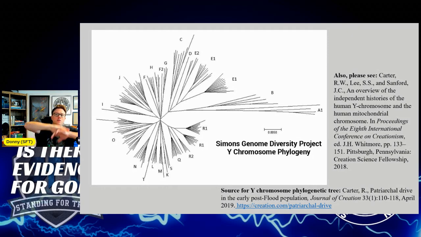And yet, when we compare all the groups, when we compare Y chromosome variation worldwide, it's all low. It's all nearly identical. But if out of Africa is true and people spread out and start accumulating and acquiring their own mutations, we'd expect some highly divergent Y chromosome groups. We'd expect a lot more variation and diversity in this uniparentally inherited DNA compartment, and we do not find that. And that is a major inconsistency with the evolutionary model when compared to the out of Babel dispersal.